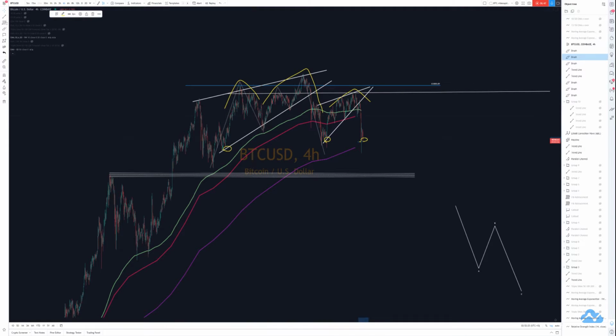And what I'm looking for, potentially, is this. So it happens in waves of 3, right? This was a wave of 3. And within this, there's a wave of 3. And on the bigger structure, we will expect another